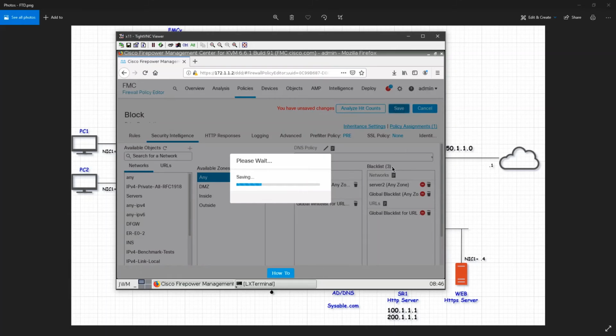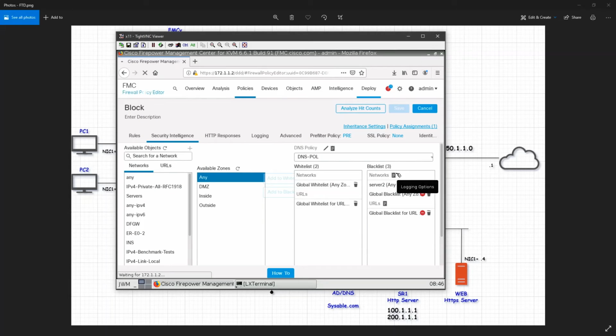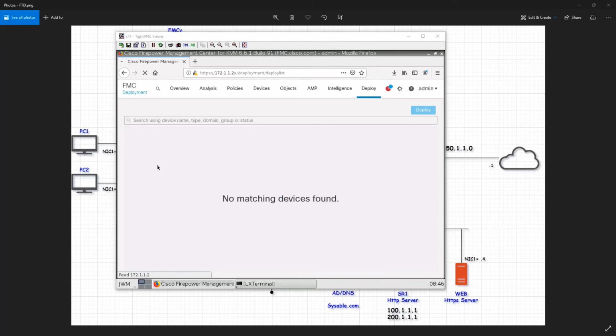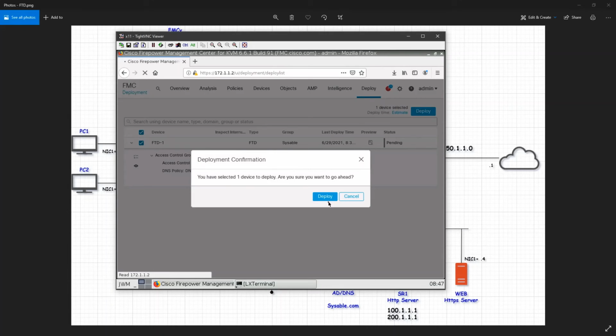Click on save. So once that has been saved, just deploy that one. Just cross check it, click on this one and deploy.